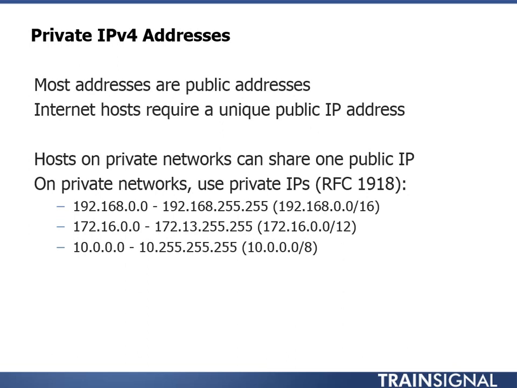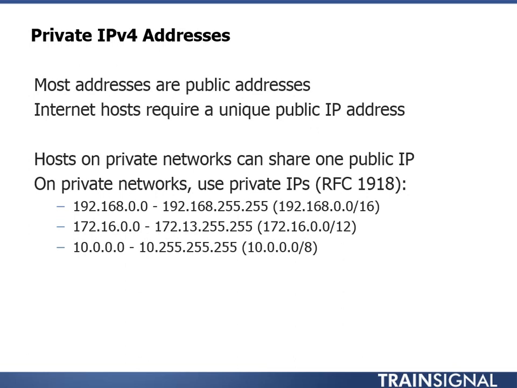If you communicate on the public internet, you have to have one of these publicly assigned IP addresses, but every host on a network can use the same public IP address. This is a process called network address translation that I'll describe a little bit more later. But as long as we're on that private network, we might as well assign private IP addresses. And every organization is going to use these same 3 blocks of private IP addresses. The ranges are